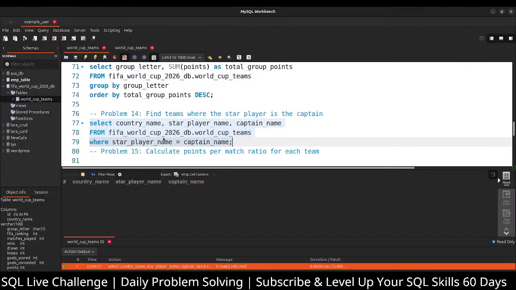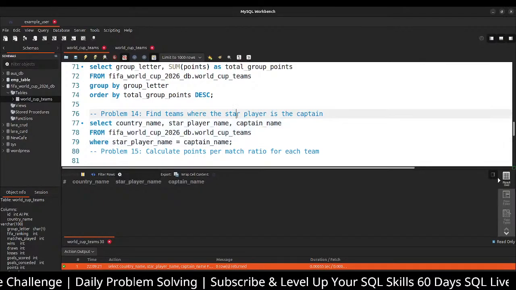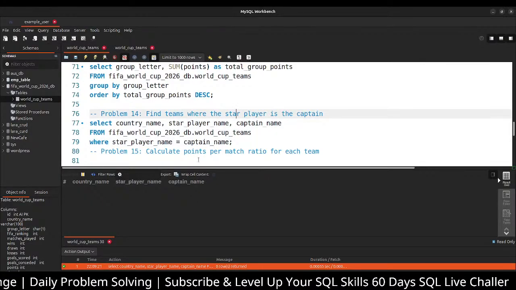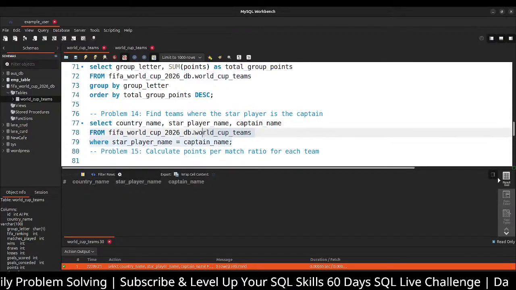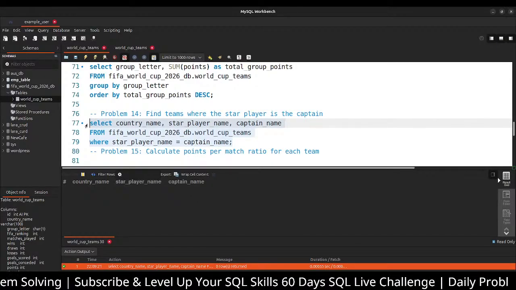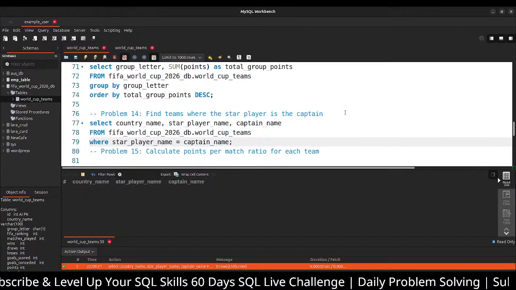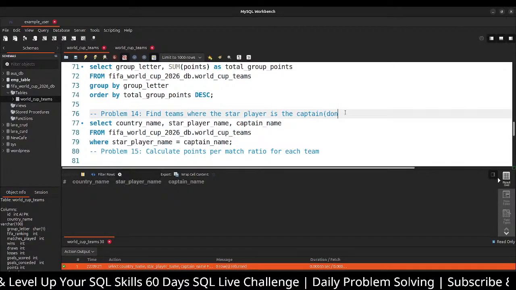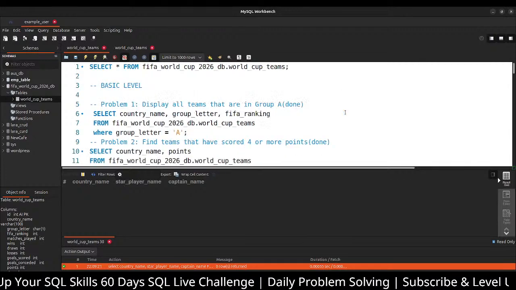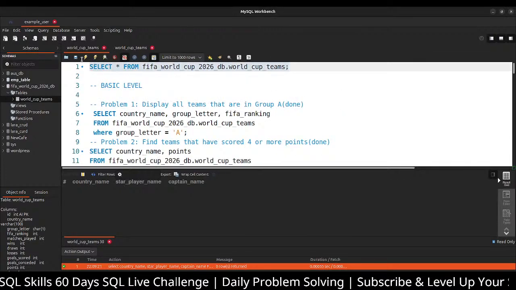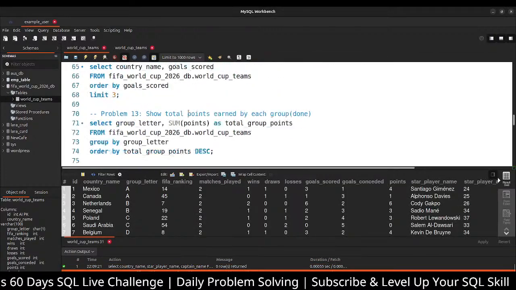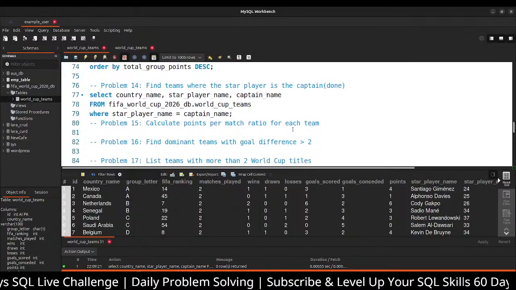FIFA World Cup. None of the star player is the captain, and that's why we are not having any data at all. So this also we have done so far, and I will show you the table again, and let's jump into our next